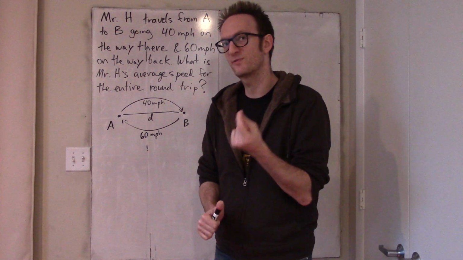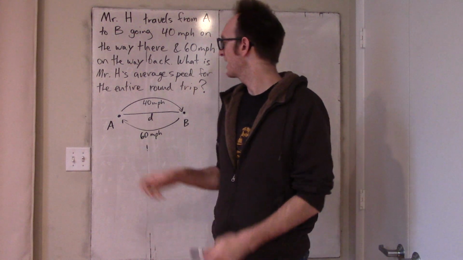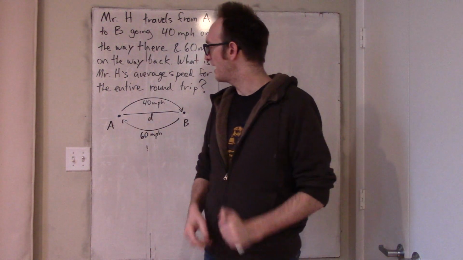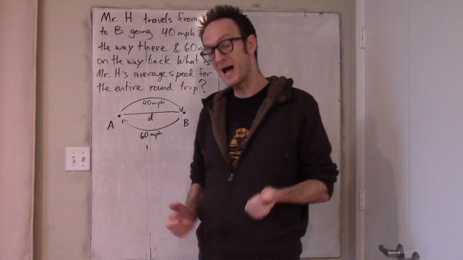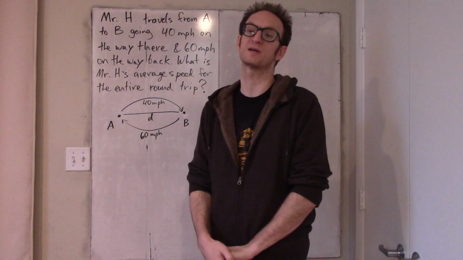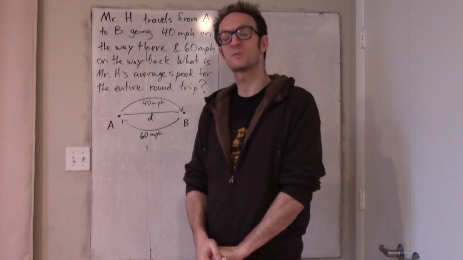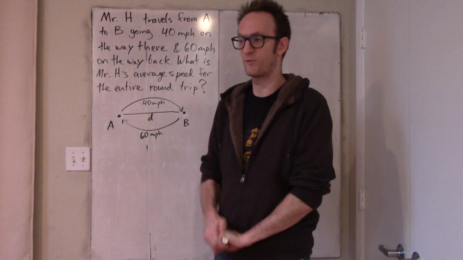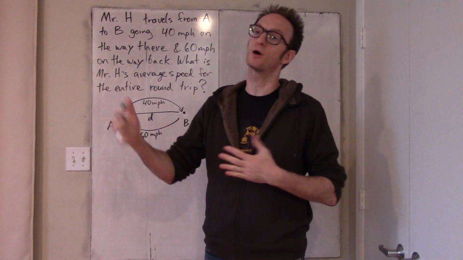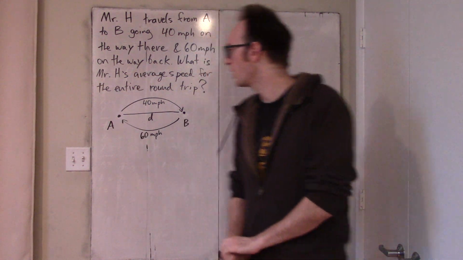Well, it's not just 50 miles per hour, because since it takes me longer to get there than it does to get back, then I spend more time going 40 miles per hour than I spend going 60 miles per hour. So intuitively, the answer should be something less than 50, because the 40 mile per hour time is dragging us down, because I spend longer going 40 than I do going 60. Okay,